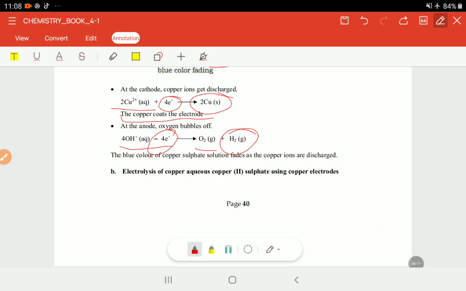That's why we find that the color is fading. Why? Because we're extracting the copper out of it, and at the same time at the anode we are forming the oxygen, while the other side forms hydrogen gas. And remember, all the ions that are there